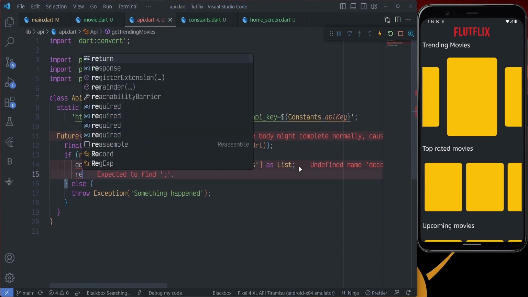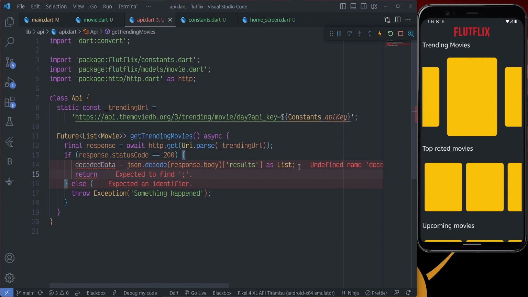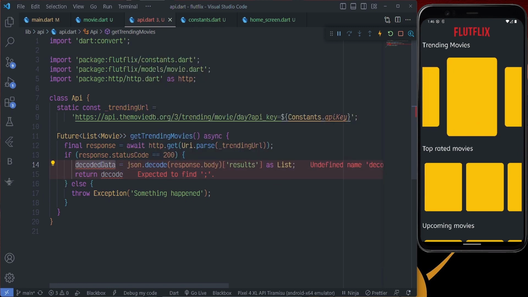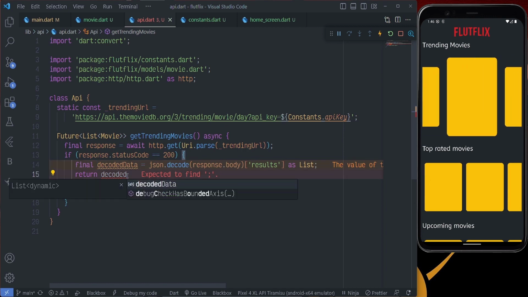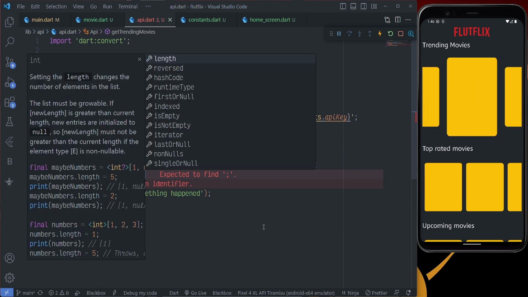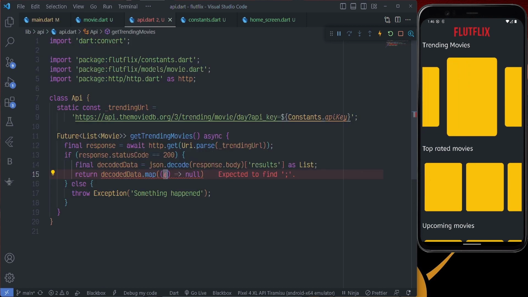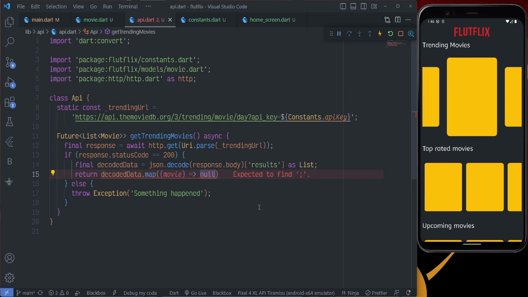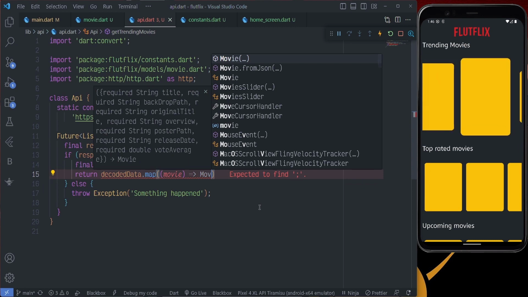Below this, I can now return the decoded data. I made a mistake somewhere. Oh, okay, I think I deleted my final by accident. This decoded data is a list now, and I'm going to map each item. I'm going to call it movie. So I'm going to map each movie into its own object, and since we already created a class to handle that, for each movie object I want to map it to the